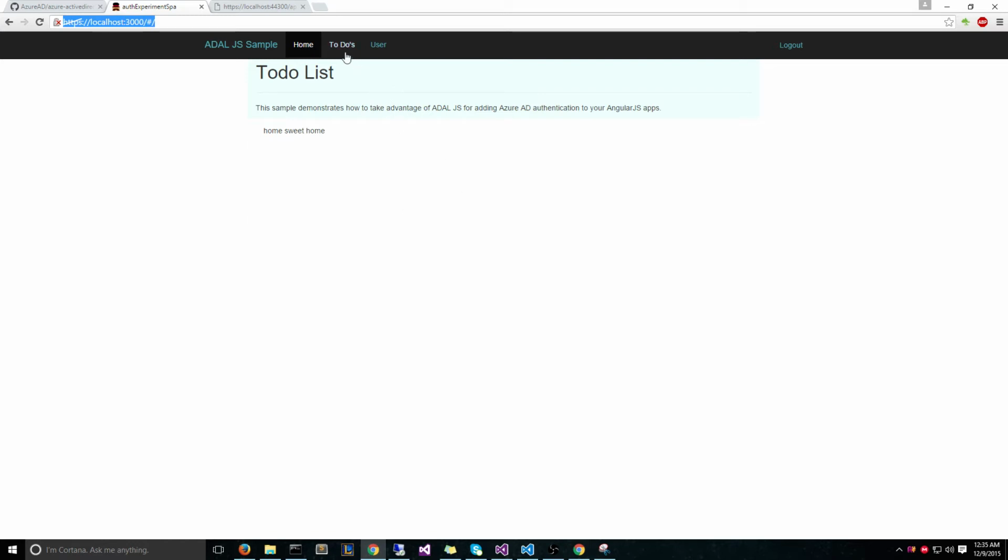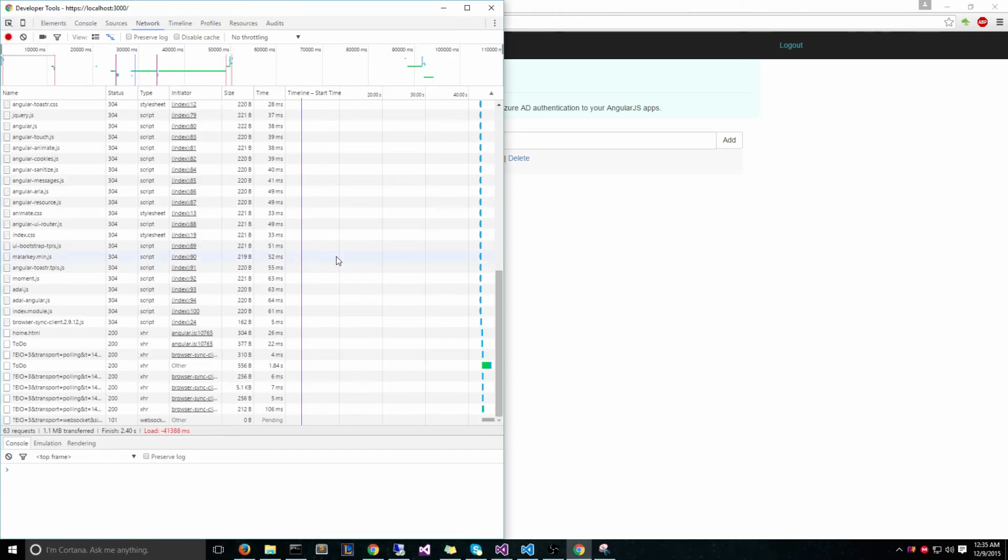So now if I go to the to-dos, what's happening is we're sending a web request to our API, and the web request is requesting all the to-dos that have been previously saved. And so I've previously created a hello world right now. So if I pop open the